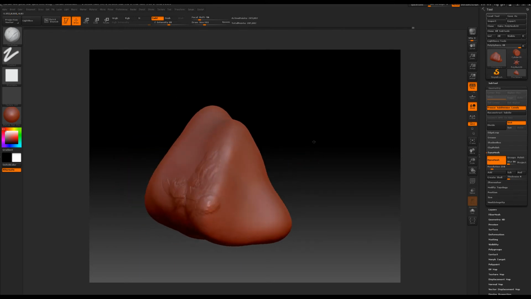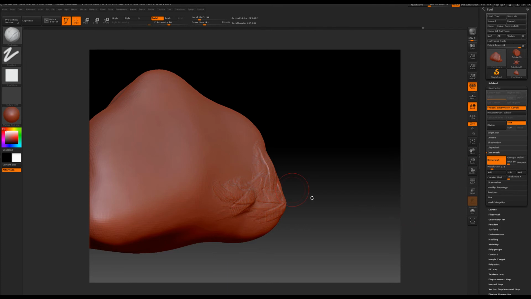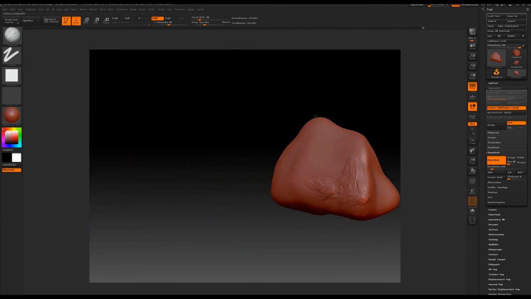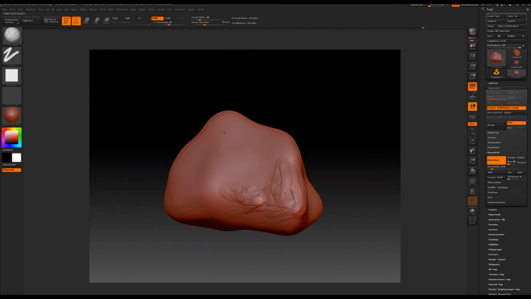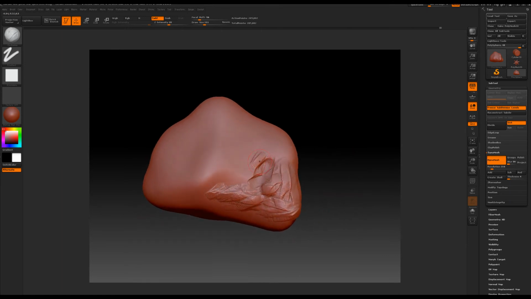And bearing in mind that when you're having a go at the mesh like this, a regular brush stroke will raise up with this clay build-up brush. A regular brush stroke will raise up the surface of the mesh, whereas when you hold the Alt key down, it'll start to push into the mesh and indent the mesh. So all I'm really doing with this process is